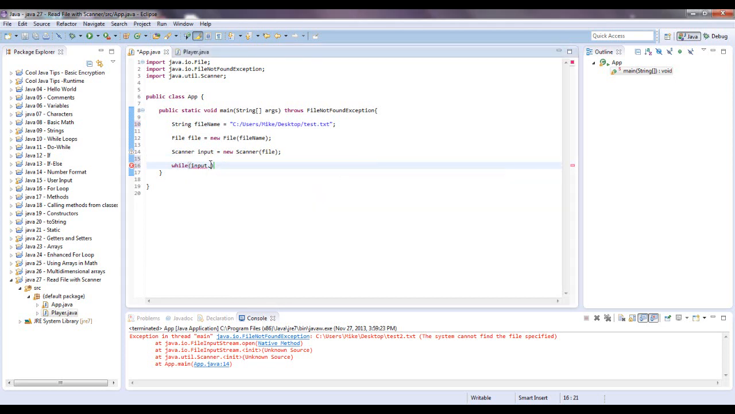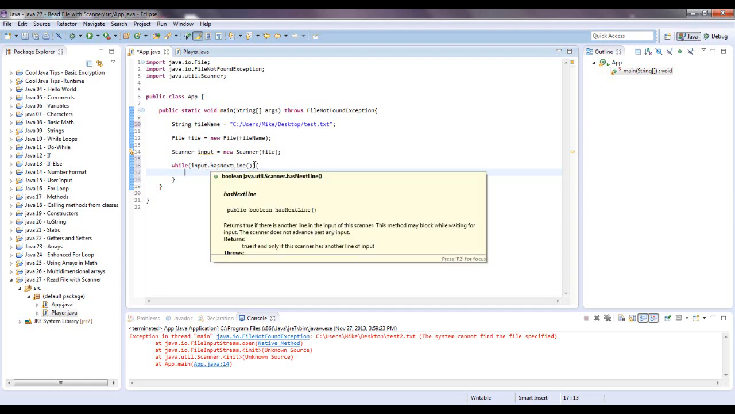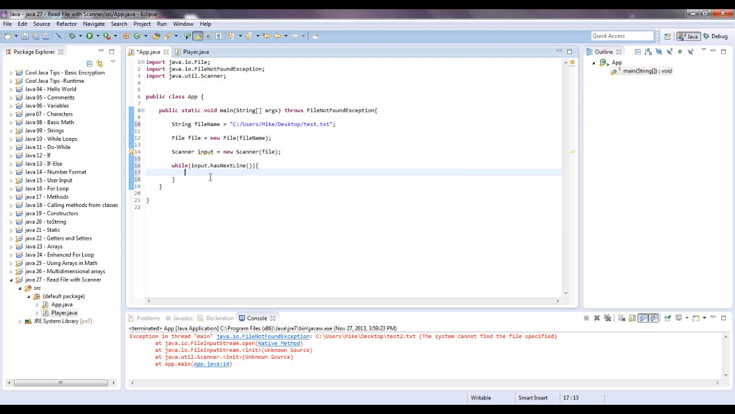So what that means, I'm going to just say hasNextLine, open close parentheses. And what this means is, while it's scanning this file, if it has another line, it's going to do what's inside of here. So let's say